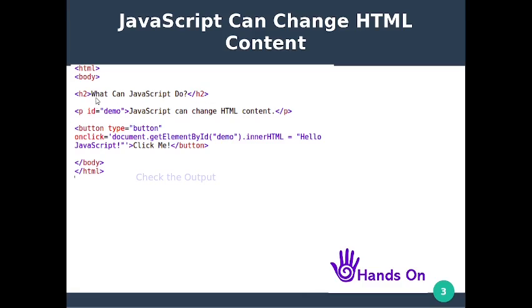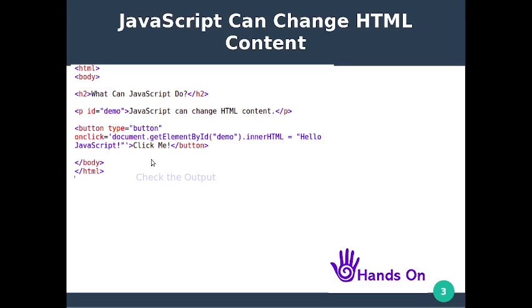Inside that there is a text, "What can JavaScript do". So this string is considered as the content of h2. And also there is a p, that is a paragraph tag, with an id we can set, that is demo, and inside that is "JavaScript can change HTML content". This text is considered as the content of the p tag.